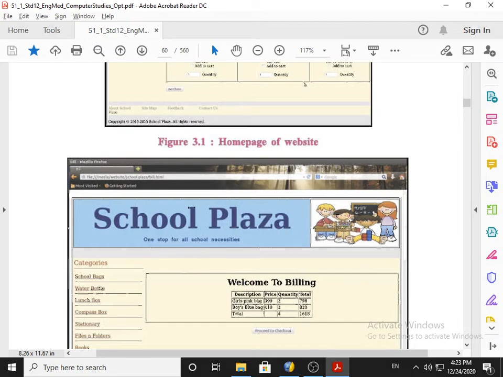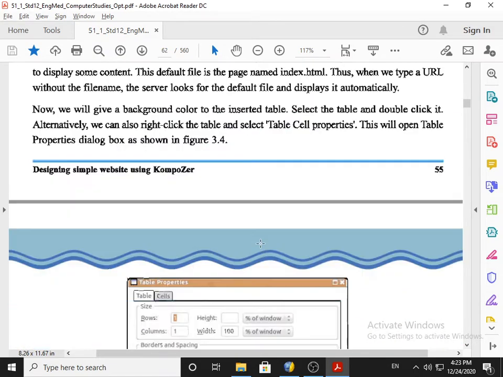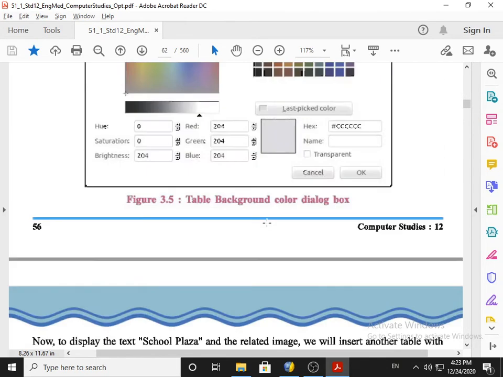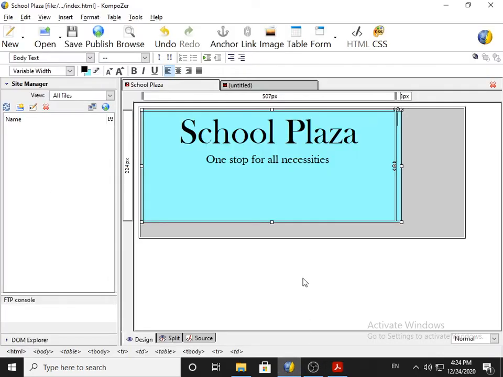Now I don't have an exact photograph, but in the textbook the instruction is given that you can go for a nearby photograph, whatever is near possible on the internet. So now in the left cell we will insert the text, and in the right cell, cell means box, we put the image. See, on the left side we have text, and here we will put the image.